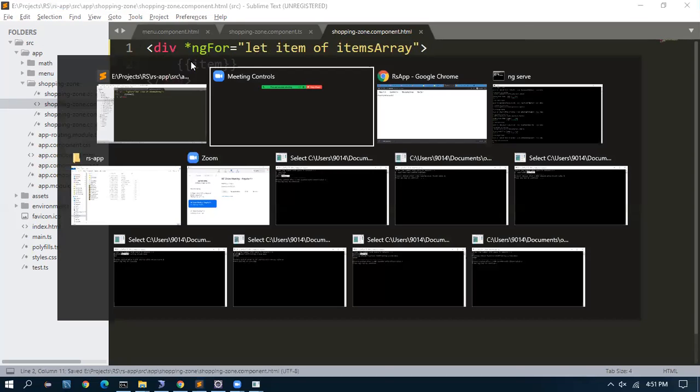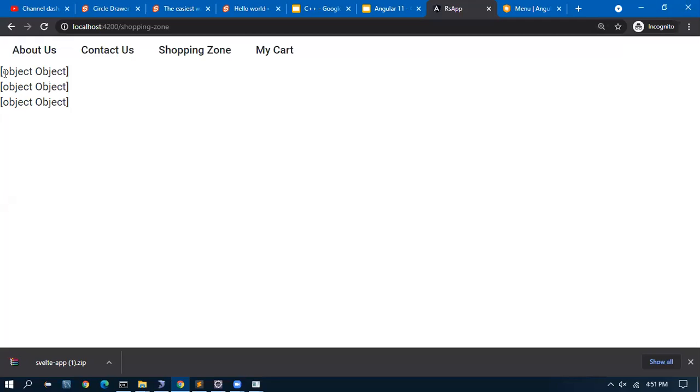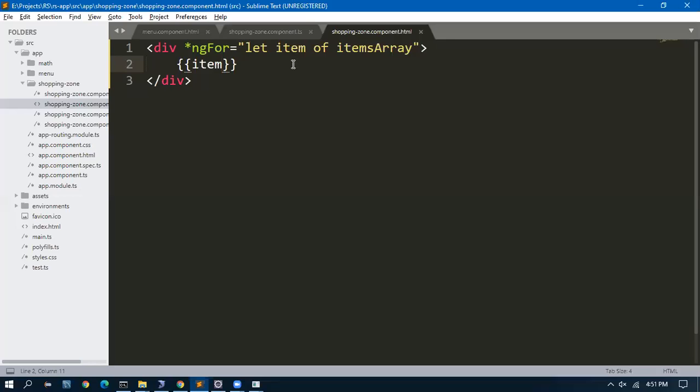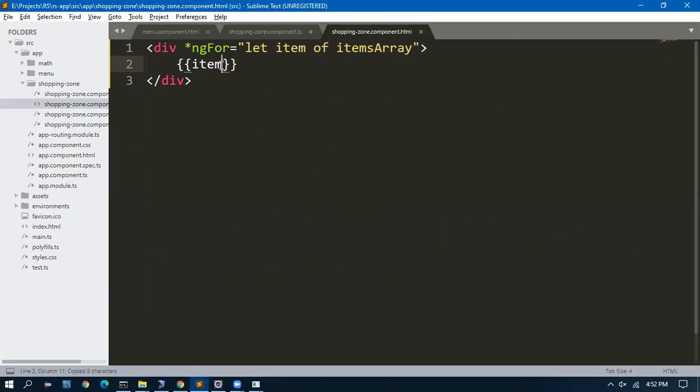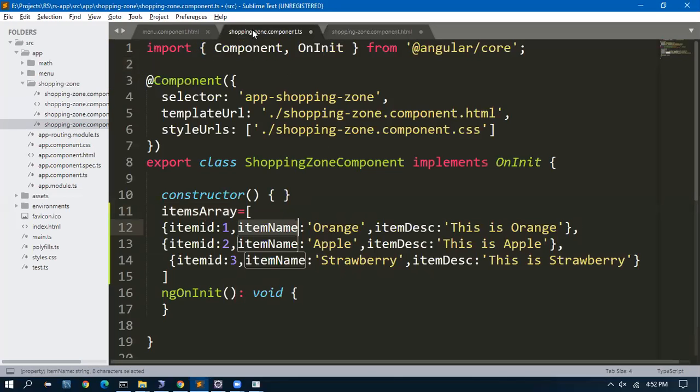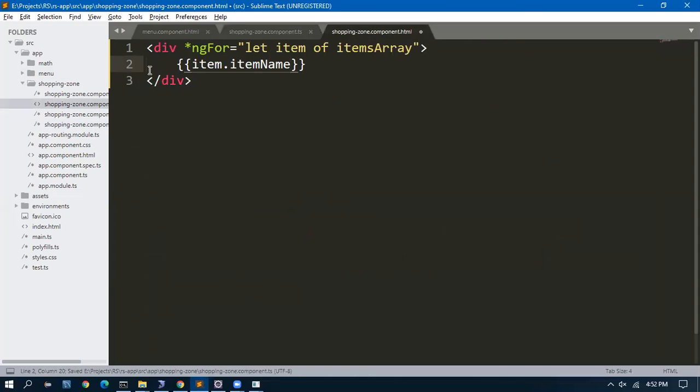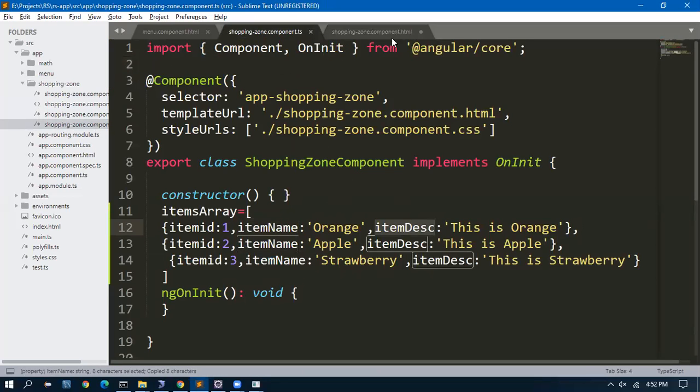Yesterday, when we gave it like this, we got Sunday, Monday, Tuesday. But today, if you see, we are getting object, object, object, because yesterday it was just a string. We gave Sunday, Monday, and it had only one value. But today, it is an object with 1, 2, 3 values. So to get the particular value, I have to give a dot. From the item, I want to print the item name, and from the item, I want to print the item description. Following me?